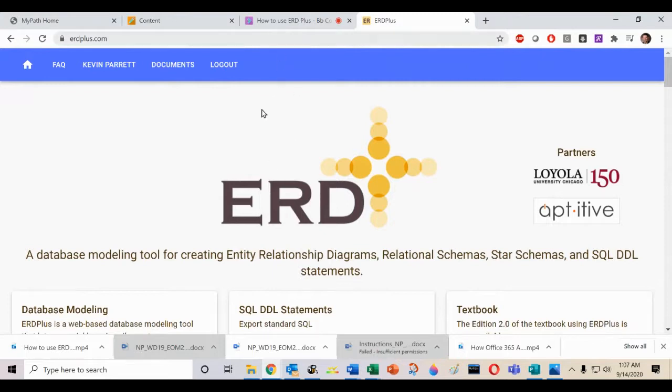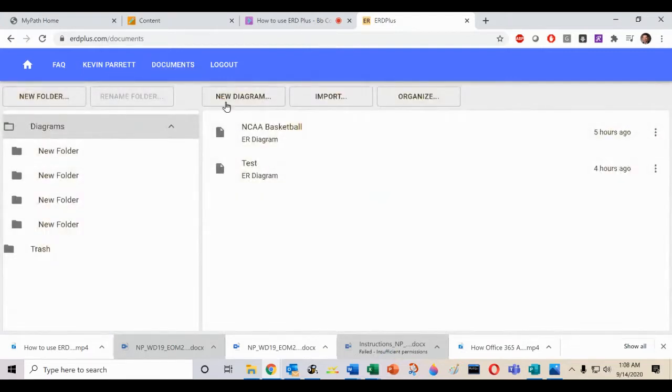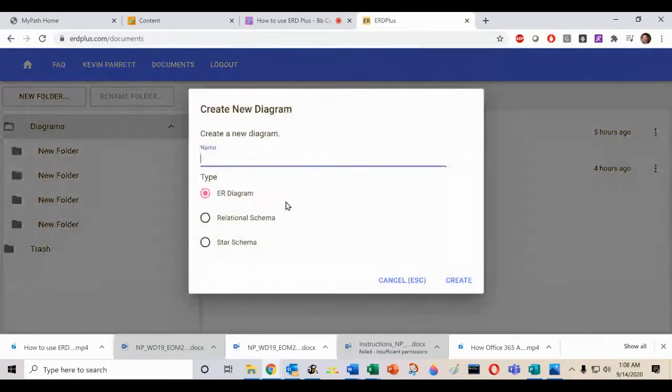So again, for ERD Plus, you'll go to erdplus.com. Now, if you have a Google account, you can just use that to log in. If not, you can create an account with a separate user ID and password. So when you get there, you'll go to Documents, and you'll do New Diagram. I'm just going to do this as an example, so I'll just type the name, Example, and I'm going to leave it as ER Diagram. Don't worry about these two. We'll talk about these in later weeks in the class, but right now we'll just stick to ER Diagram. You'll hit Create,